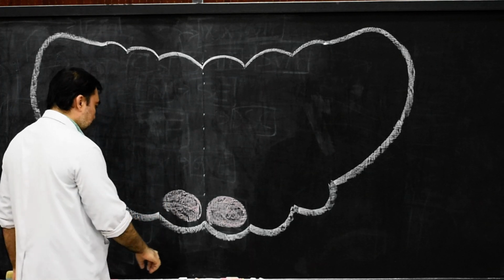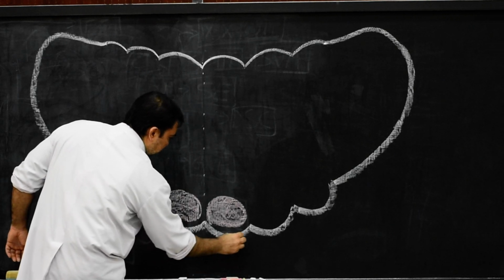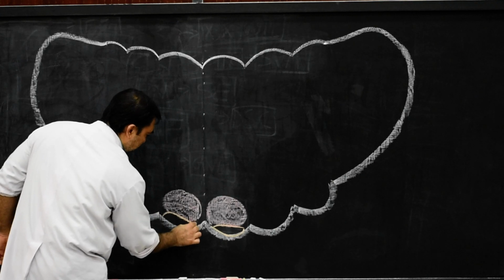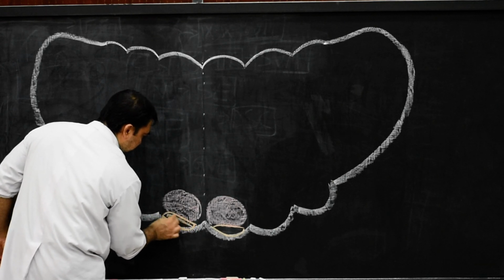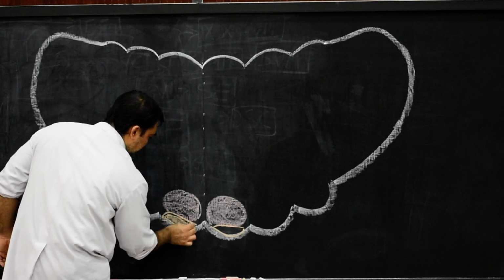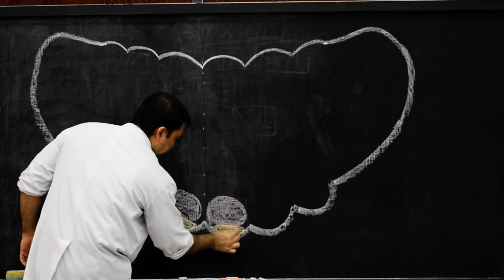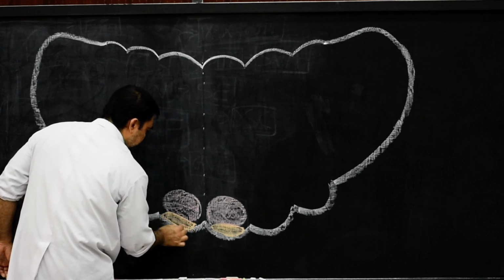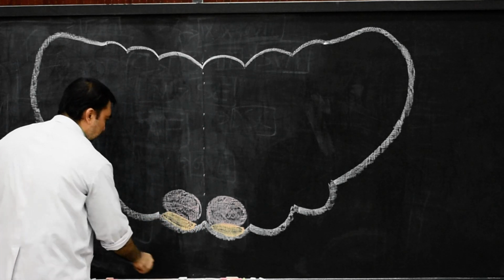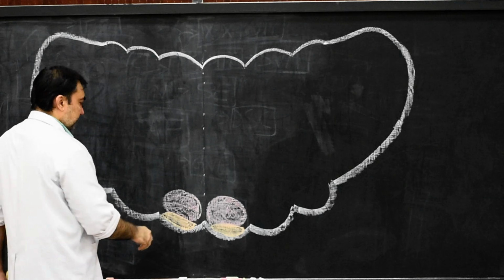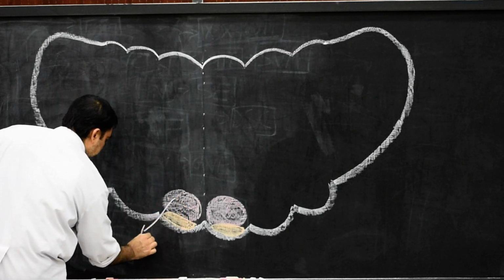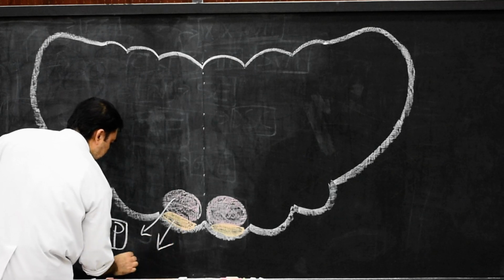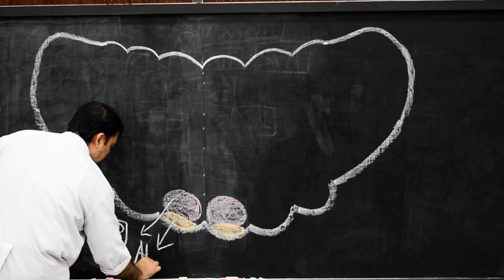Second structure which we have to draw here, we will draw just in front of pyramids, and we draw this structure as the arcuate nucleus. Please draw this arcuate nucleus. Very interesting, and we have to write something about arcuate nucleus, which I'll explain to you. So therefore, first we'll write this as pyramid, then we will mention this as the arcuate nucleus.